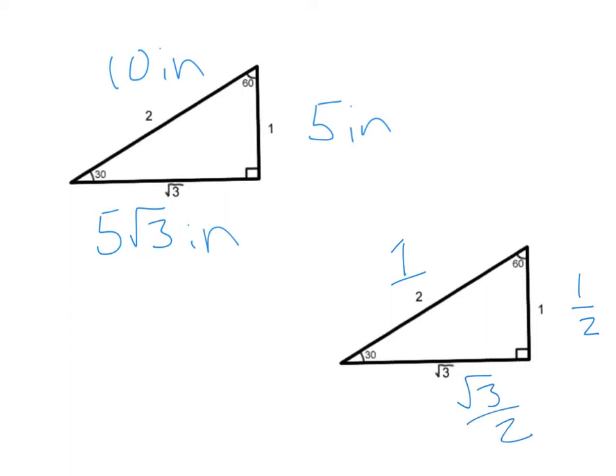Right, so we're basically taking this ratio, the 1, 2, square root of 3. Because the 2 side is 1, we have to cut everything in half. Half of 2 is 1, half of 1 is 1/2, half of root 3 is root 3 over 2. That's where these numbers come from. The 1/2s and the root 3 over 2s that you see all over the unit circle, that's where these values are from. And similarly, if you look at the 45, 45, 90 case,